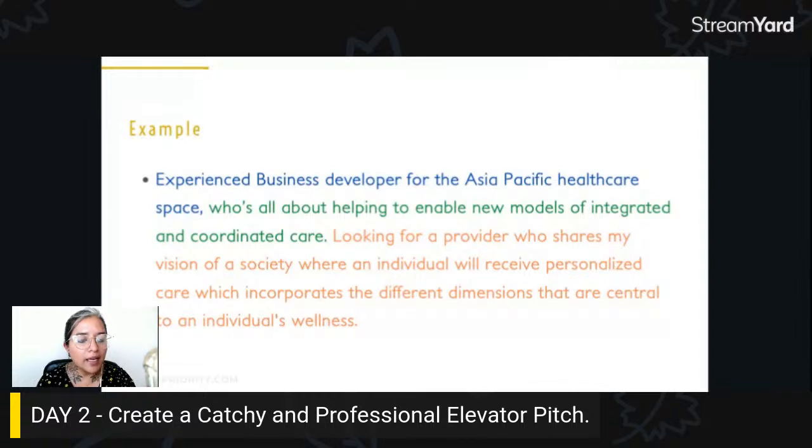Now, if in my elevator I say that I'm an executive assistant and also a math teacher, it makes no sense, right? If I'm pitching to a school, being a math teacher is great, but being an executive assistant is useless, and vice versa. If I'm talking to the headhunter or general manager of a company, and I tell them I'm an executive assistant and also a math teacher, they will be like, so what? This is why relevance is so important. Okay, relevance is extremely important.